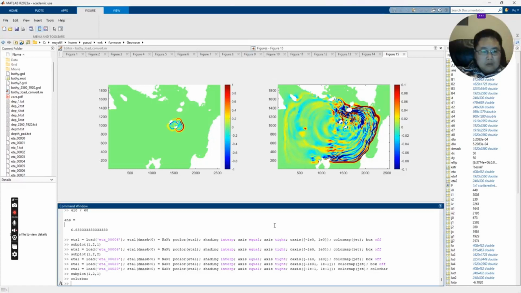Let's talk about how to do tsunami simulations using the open source software called funwave-tvd. This is actually a simulation that I just did for the 2018 Anak Krakatoa volcanic eruption, which caused a big tsunami that killed like 430 people. The color shows the surface elevation of the water wave